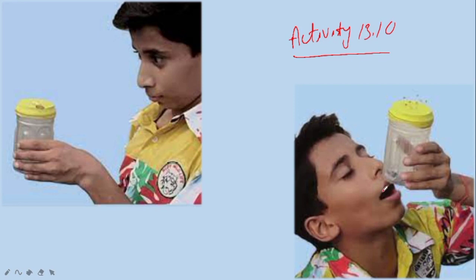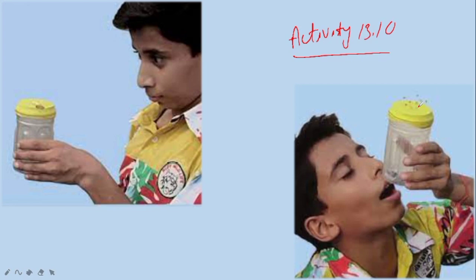What do you observe? We can observe that the grains jump up and down. Why? Because whenever we speak, the sound enters into this tin can, and we can see vibration of the stretched membrane, the stretched balloon rubber. Due to the vibration of this stretched membrane, we can see the cereal grains jump up and down.